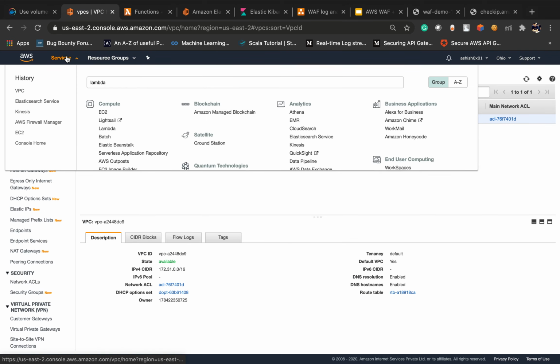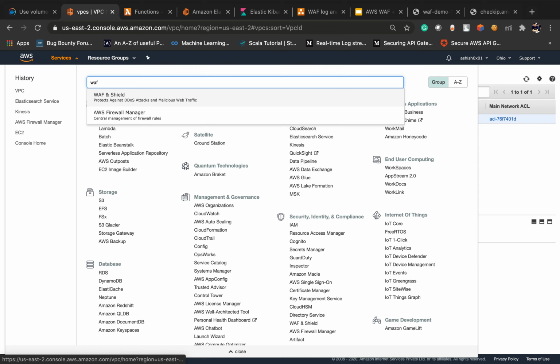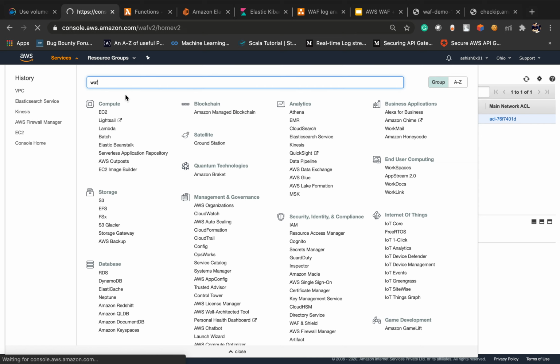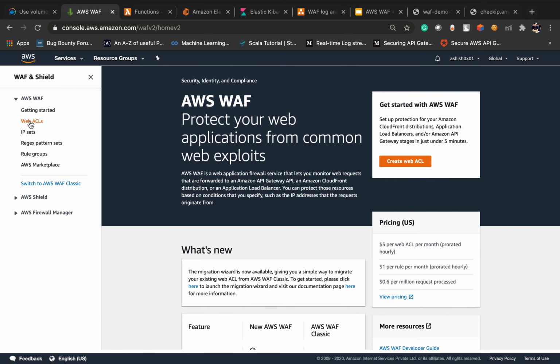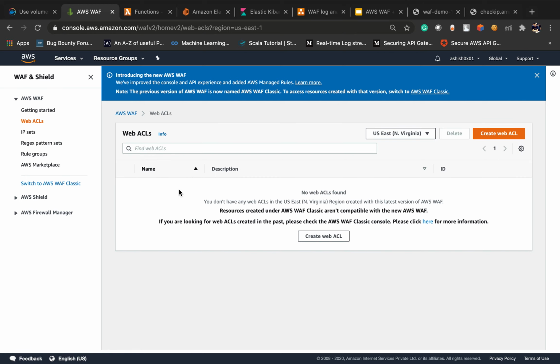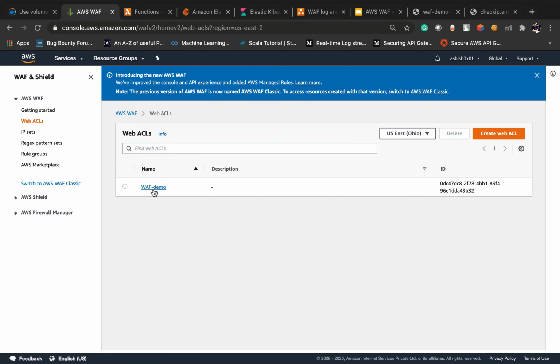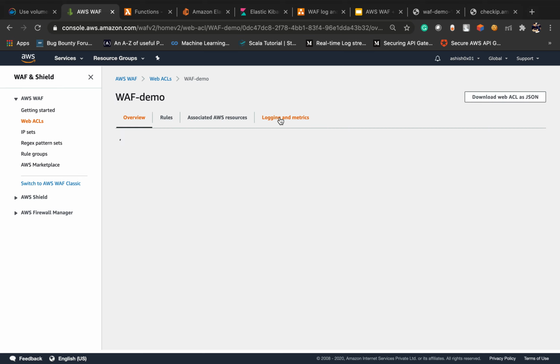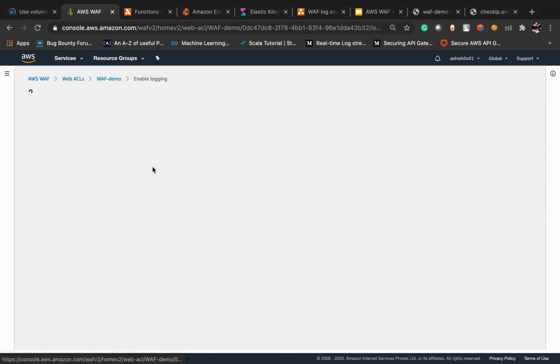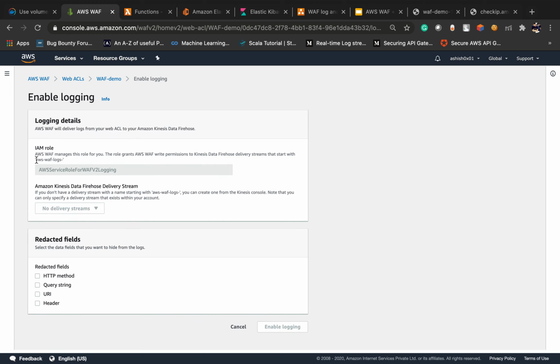Currently we need to go to our web ACL. Under web ACL, in logging and monitoring, if you enable this logging, then here you can see we need to create a Firehose with this proper prefix.